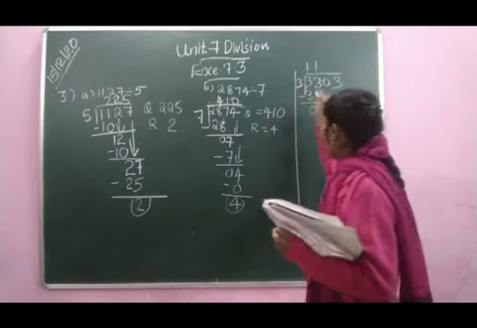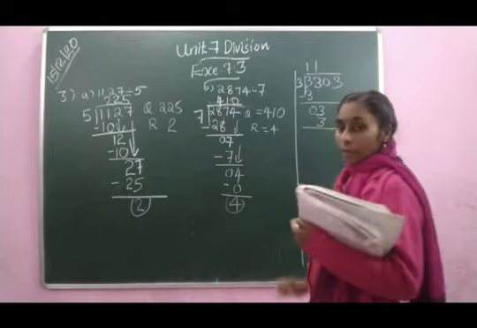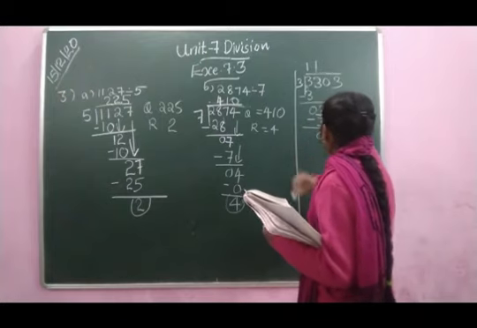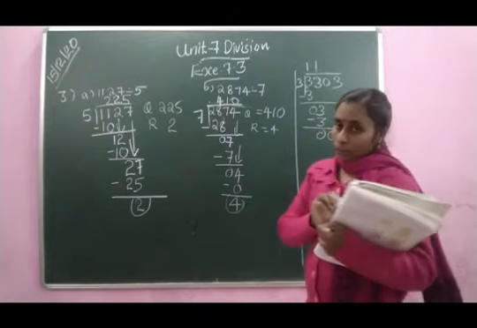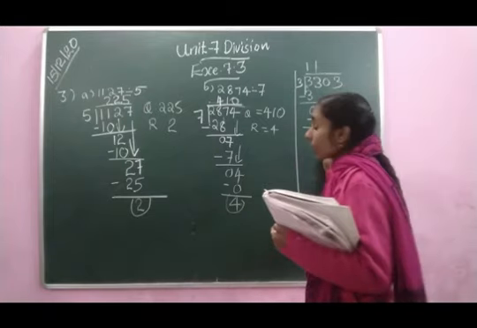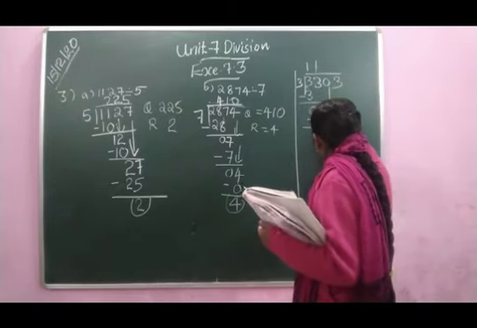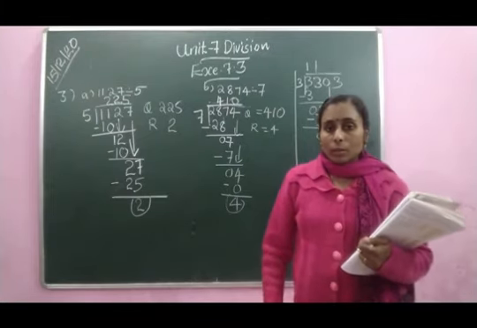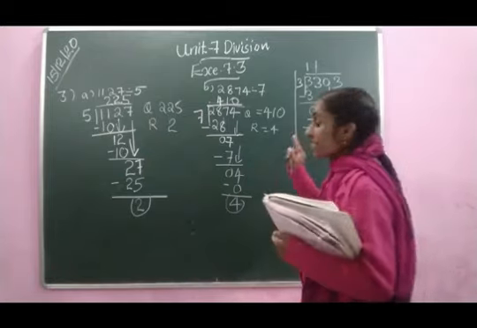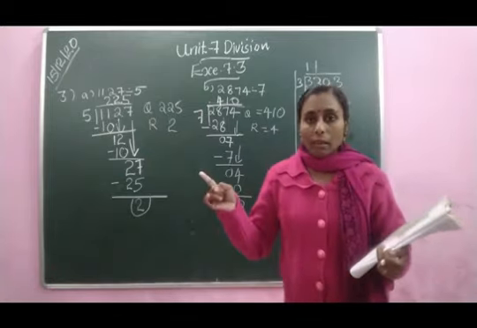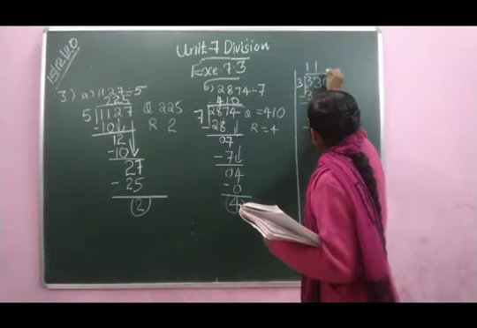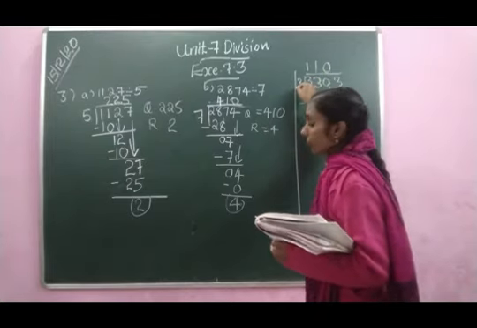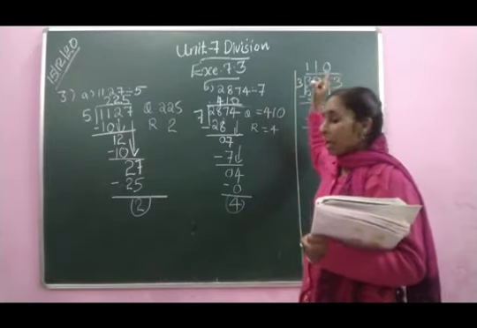Next step is multiplication: 1 3 is 3. Then after multiplication, what is the next step? Subtraction: 3 minus 3, 0. Again 0 comes down. This 0 came from the dividend. How many 3s are in 0? There are no 3s in 0. Or in the 3rd table, we will not get 0. So we have to place 0 here. Okay. Then do the next step, multiplication. The same step; here also we have to follow.